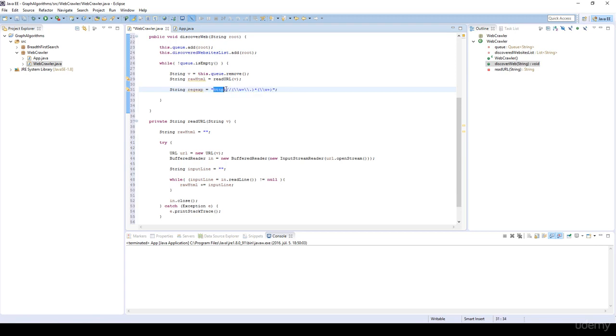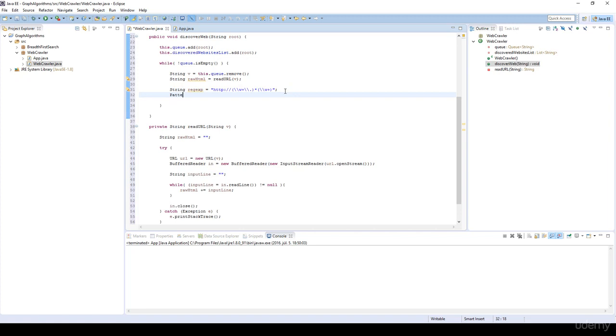So we will have an http://, we will have www, we can have several dots and so on. So this regular expression is going to make sure that we find the URLs in the raw HTML, because this is exactly what we are looking for. And we just have to use this pattern,